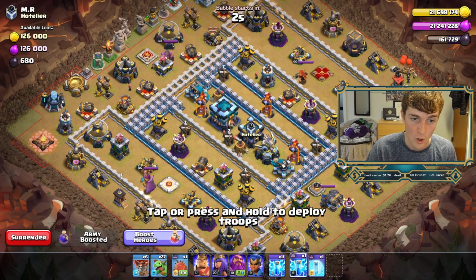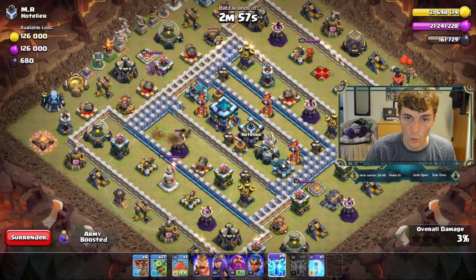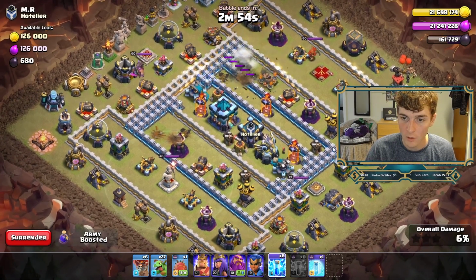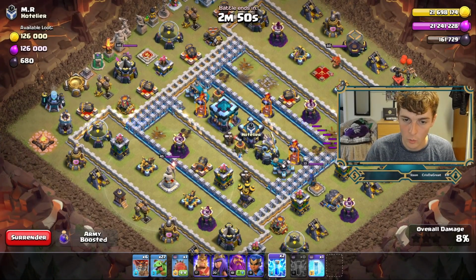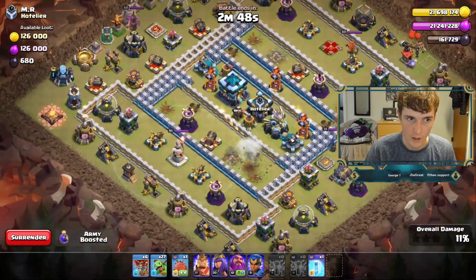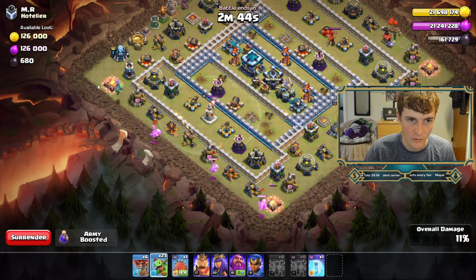So we're going to do 1, 2, 3. And then 1, 2, 3 again. Nice. So now at this point, guys, we are going to use the baby dragons scattered around the exterior of